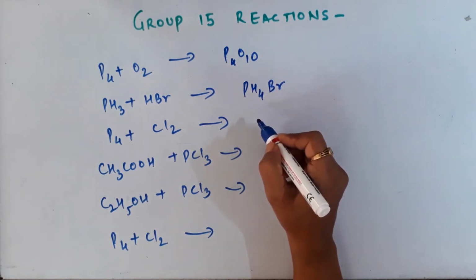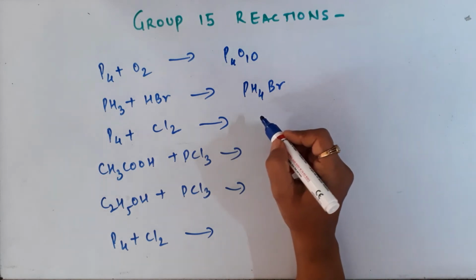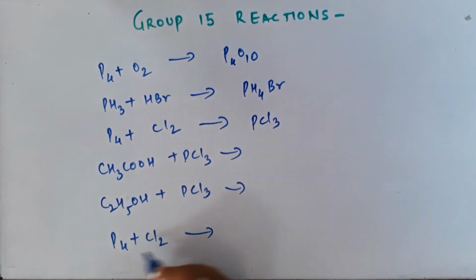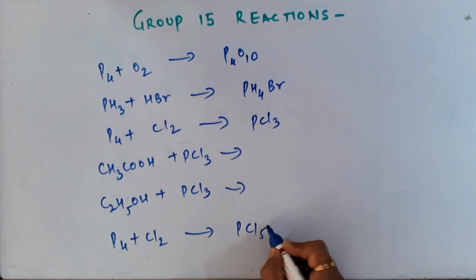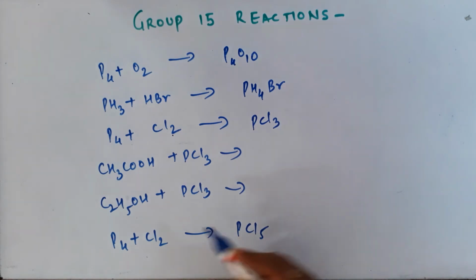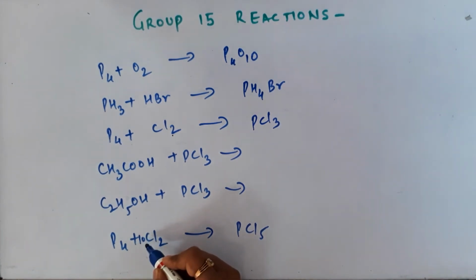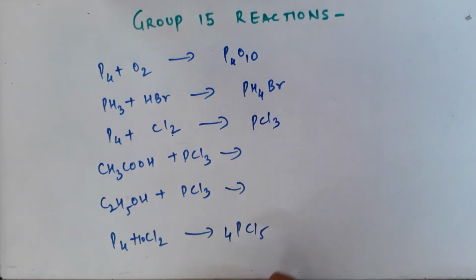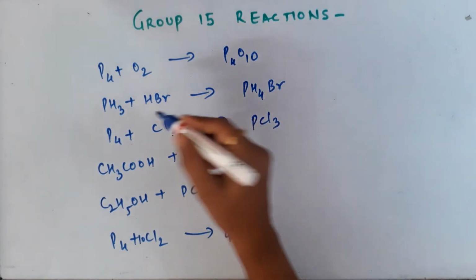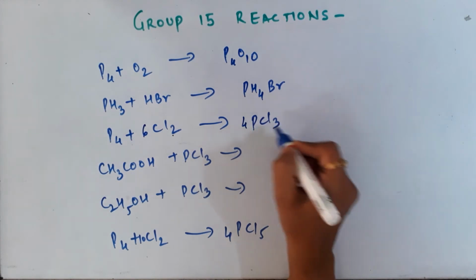Okay, so that is not very difficult. Phosphorus plus chlorine can give you PCl3. Phosphorus plus chlorine can give you PCl5. If it is in less amount, PCl3. If it is in high amount, it is PCl5. Let us say it is high amount here, so we'll have 10 times and this will be 4 times. Similarly, if you do it here, it will be 6 times and 4 times, 12.